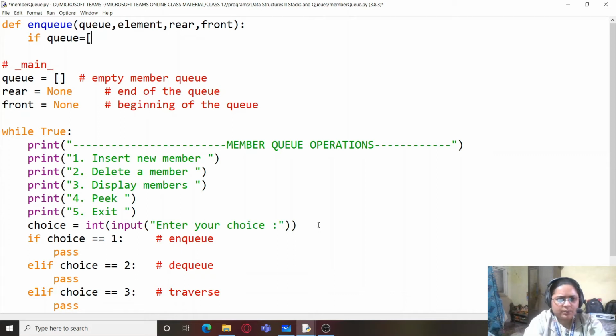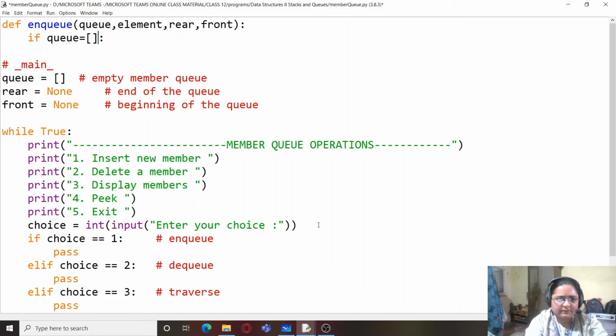Now there is no limitation on how many elements you can add, because lists are dynamic structures in Python, and they go on increasing and adjusting their size automatically, till the virtual memory runs out on your computer. So we don't need to worry about this. In case it happens, we will see it through some exception handling later on. But right now we don't need to give any such statement.